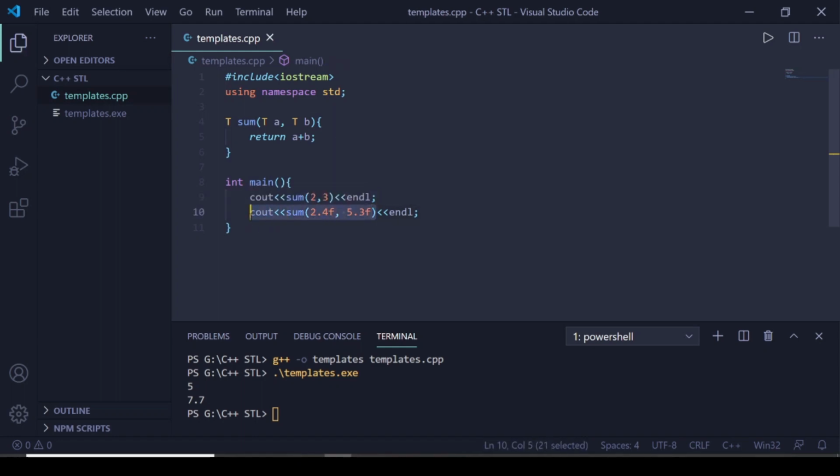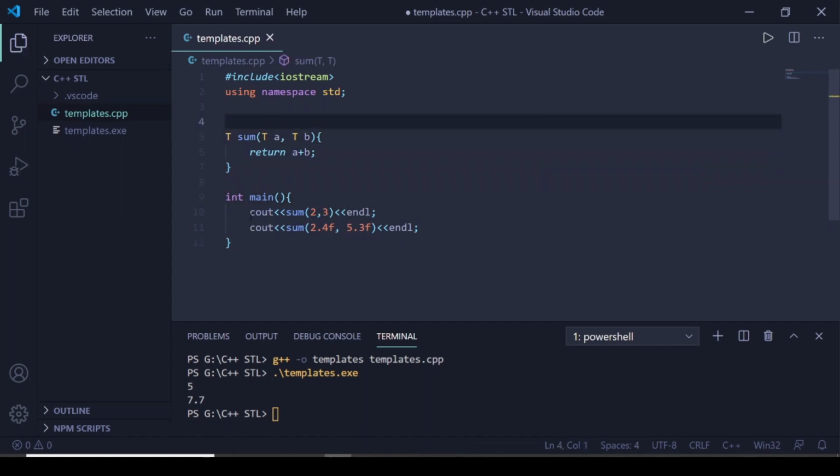C++ provides us this functionality. We can leave some placeholders. That placeholder can be a type, like the return type and parameter types, and we can also leave placeholders for integers and floats. I will explain that also.